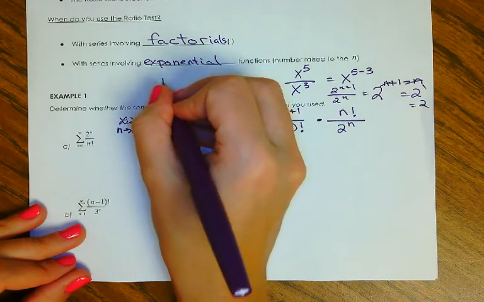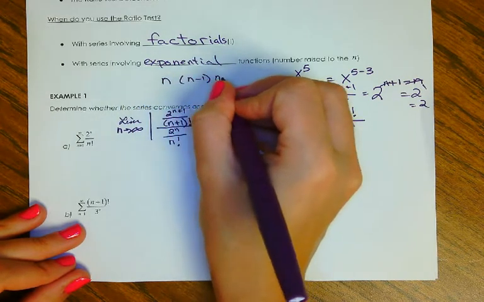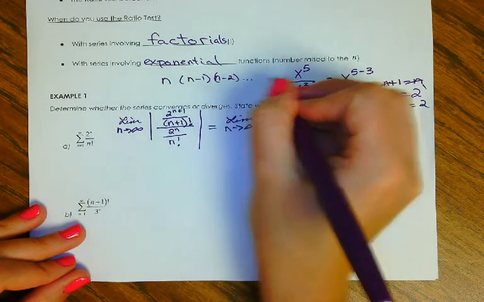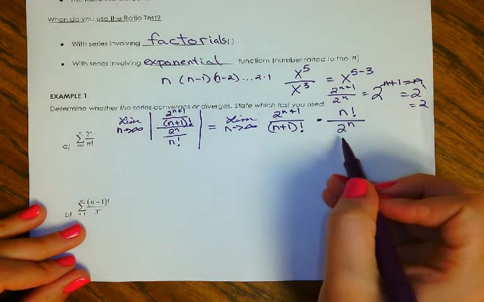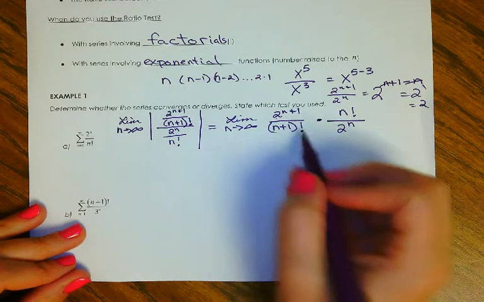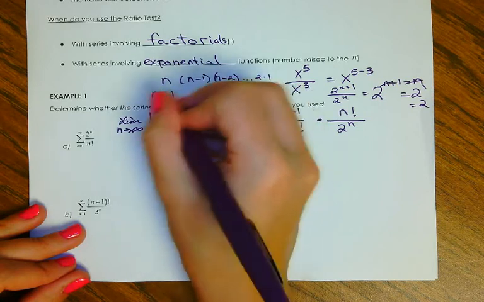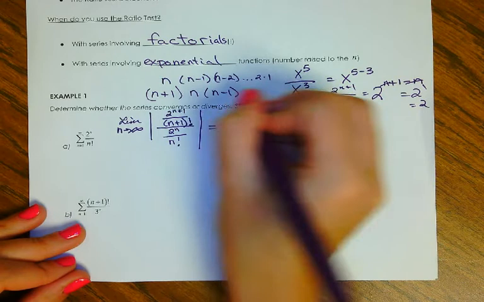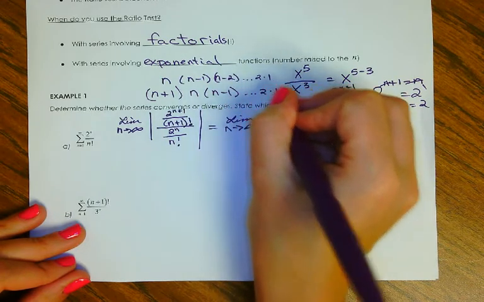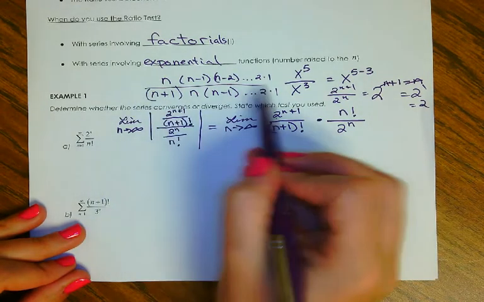So n factorial is really n times n minus 1 times n minus 2, right? Dot, dot, dot, until you get to times 2 times 1. Well, what does that mean that n plus 1 factorial is? Well, it's n plus 1, and then 1 less than that would be n. 1 less than that would be n minus 1, and so on and so forth, till you get to times 2 times 1. So if you kind of think of it this way, right,